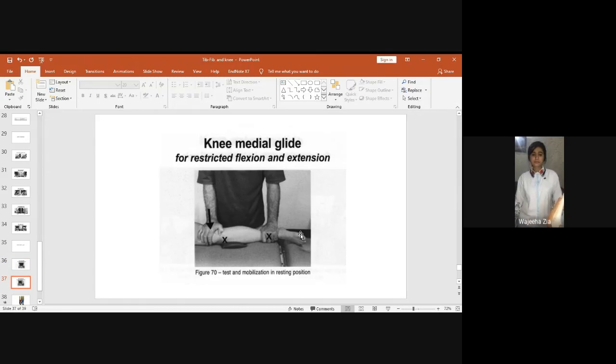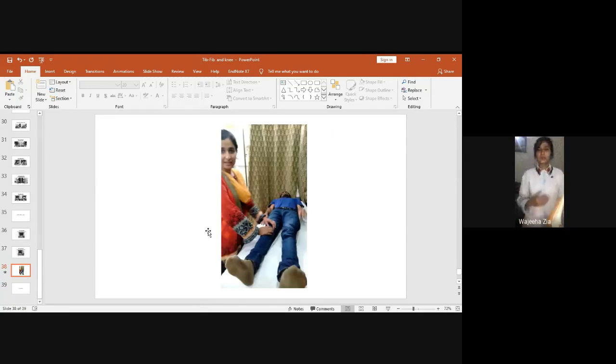This one is the medial glide. Move the femur. Now in the same position, stabilize the tibia and move the femur in the opposite direction. Now the rule is changed. The concave will become the convex rule. So now the moving bone is the femur. But the glide is the medial glide. So in this way you can improve the flexion and extension at the knee joint with the help of anterior and posterior glide, medial and the lateral glide.